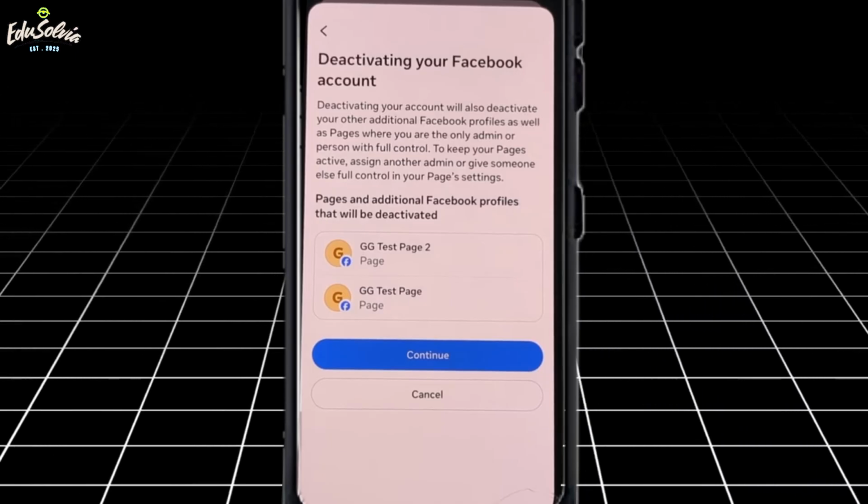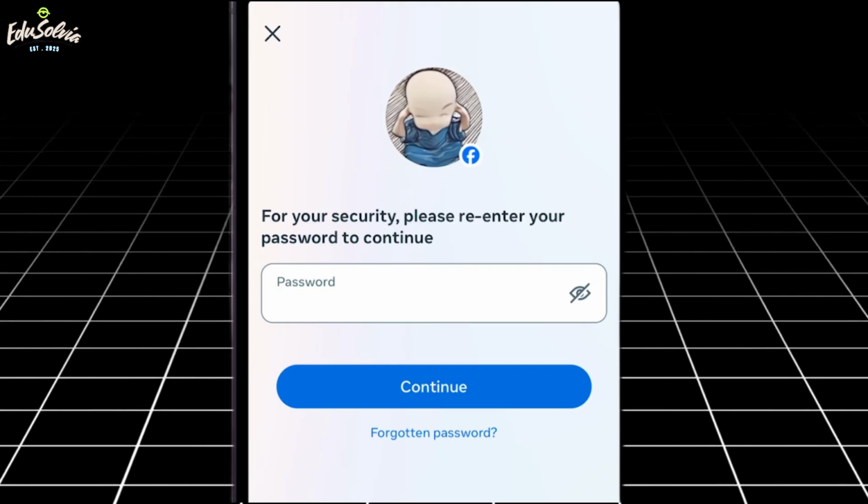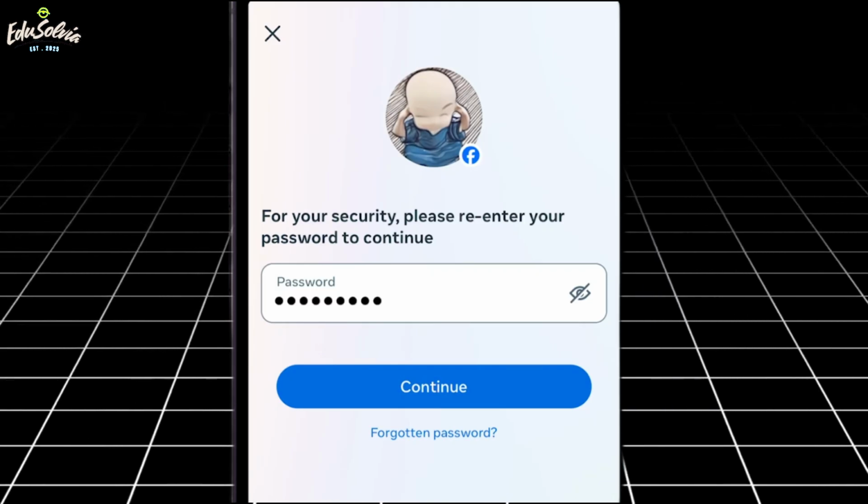Go ahead and tap Continue. Enter your Facebook password, select Continue again, and your account will be